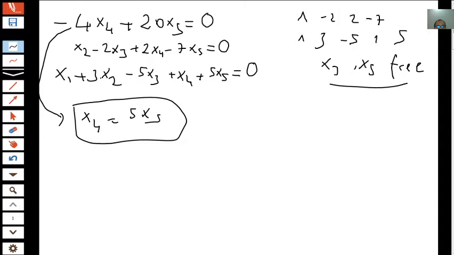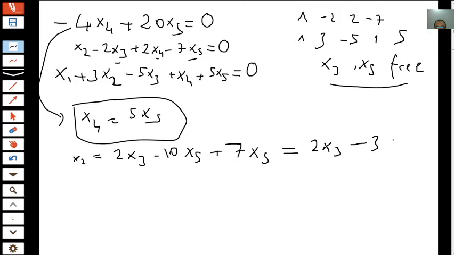And from the second one, x3 and x5 are free. We can write x4 in terms of the free variable, which is 5 x5. And from the second equation, we can find x2 in terms of the free variable. So x2 is equal to 2 times x3 minus 2 times x4, which becomes minus 10 times x5 plus 7 times x5. Therefore x2 is equal to 2 times x3 minus 3 times